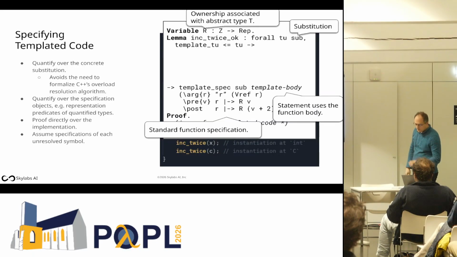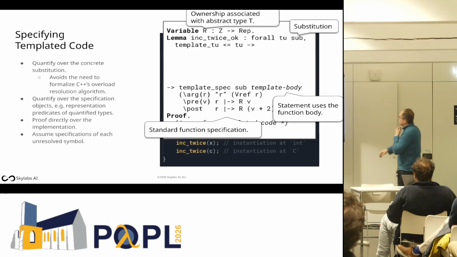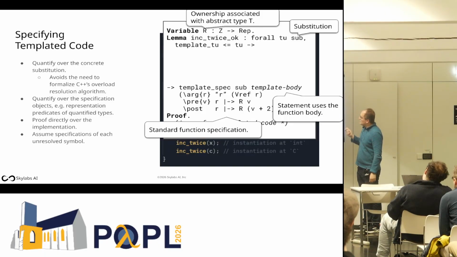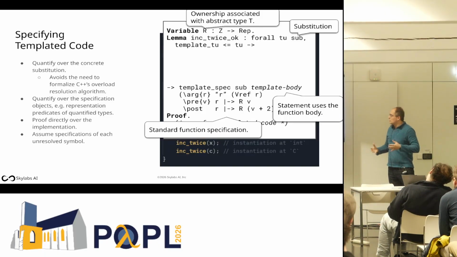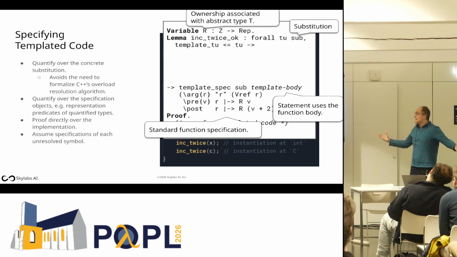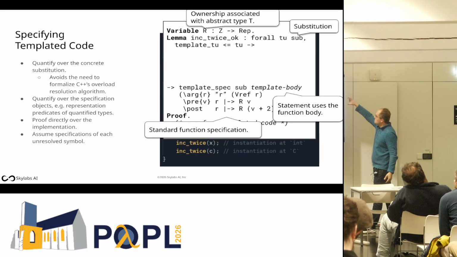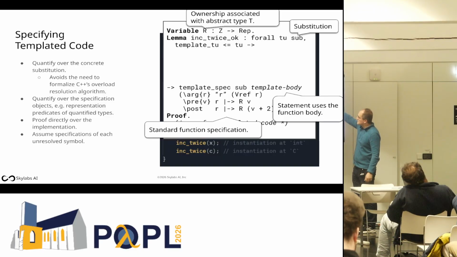We quantify over explicit substitutions here. So that's going to allow us to not have to think about the whole program, because overload resolution is something that looks at your entire program, and we don't want to have to think about working with this every time things change. So you can think of this as the minimal piece of the substitution that's actually necessary to instantiate